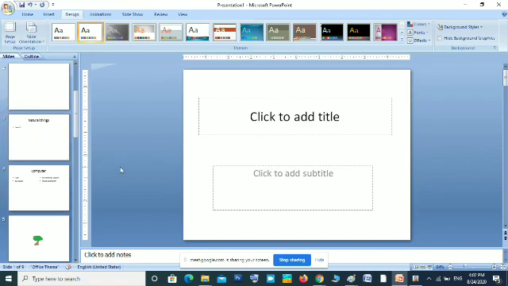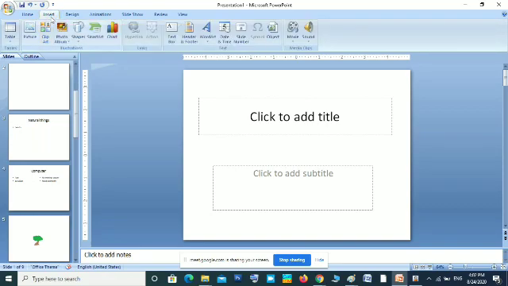Sir, totally how many slides can we insert? Yeah, that depends upon your memory. Anyway, not more than 250 slides are used in any presentation. A presentation will be maximum 2 or 3 hours, so 200 or 250 slides is more than the maximum. If you insert more slides, then your system will be overloaded and your presentation will work very slowly. That is another problem.